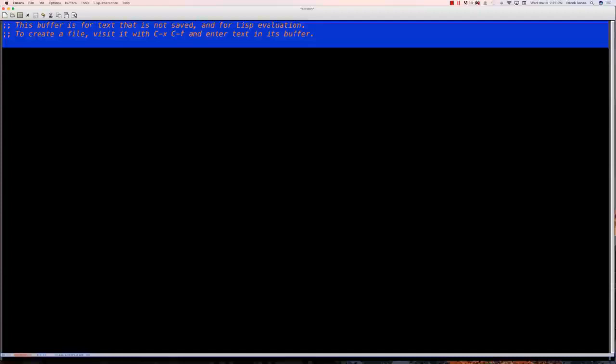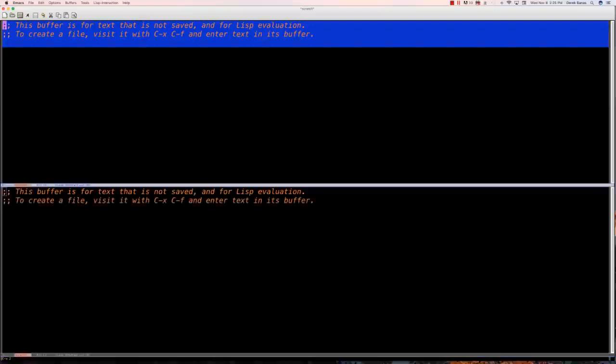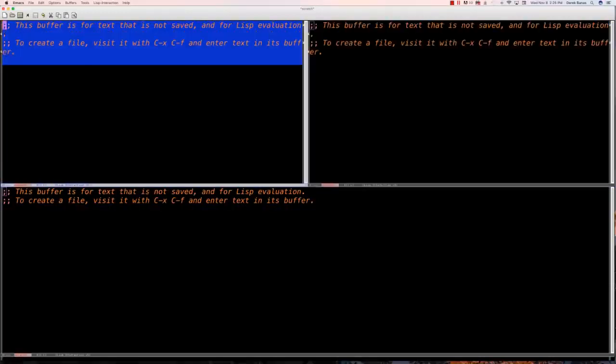Let's say I would like to split this buffer. I can go CX and 2, so CX and 2. And you can see I split it that way. I'm also going to be able to split it horizontally by going CX and 3. And you can see how many of these different windows or frames I can have on the screen at the